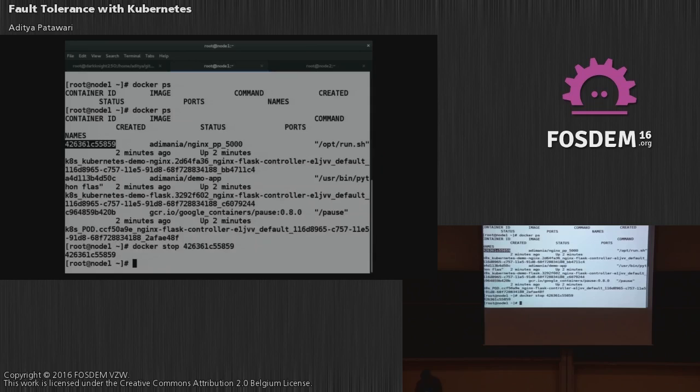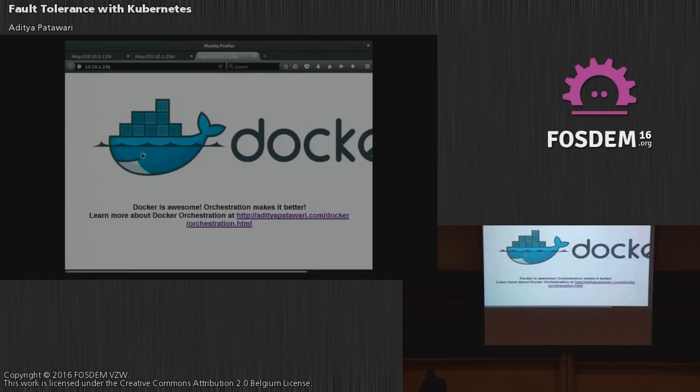All right, it died. Okay, so ideally, this should affect the application, right? Where is my browser? And let me refresh it. See? Nothing is happening when I refresh. So the fault tolerance here is that even if my pod, which was Nginx, serving the page, went down, the downtime which I saw was nil. So even if I keep on refreshing this,